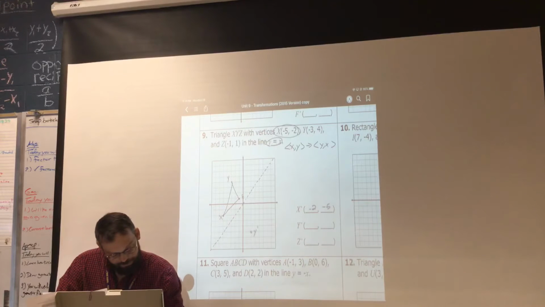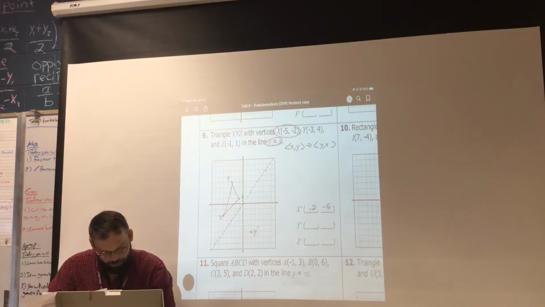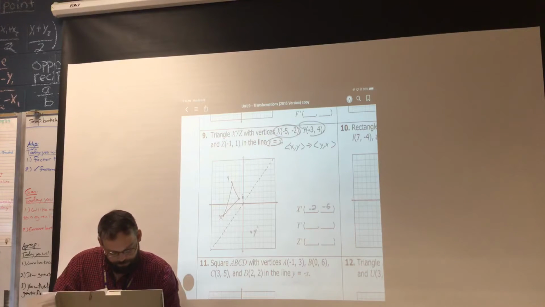Okay. My z, I'm sorry, let's do this in order here. Okay, so y was negative 3, 4, so that's going to be 4, negative 3. So 4, negative 3. 1, 2, 3, 4. 1, 2, 3. So that's going to be my